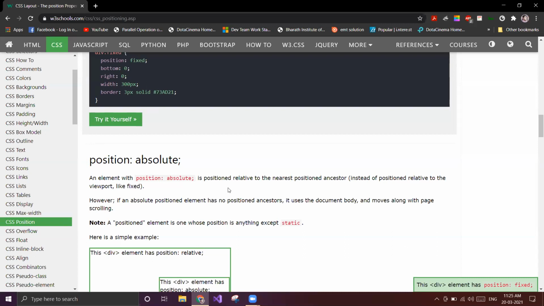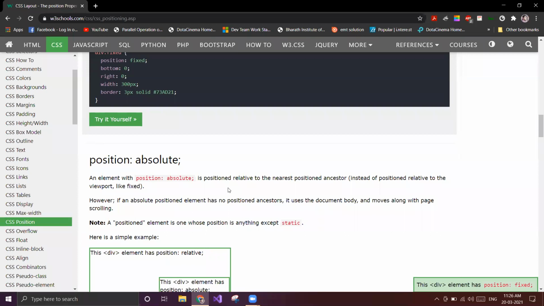I have a parent element, and inside it a child element. If I don't apply any styles to the parent, it will be position static, isn't it? So now I can't apply position absolute to the child. The parent must have some position other than static. It may be relative, it may be fixed, anything. Then only can the child be given position absolute.